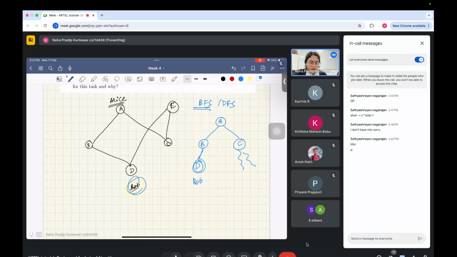Now let's tackle the actual question. In this case it takes Alice 2 steps to get to Bob. But if Bob is also moving simultaneously, if Bob is also trying to find Alice, then can we do better? Can I save on time, because they are moving in parallel now? So it's possible that Alice is moving towards Bob and Bob is moving towards Alice. So how can we do some kind of parallelism in this algorithm so that